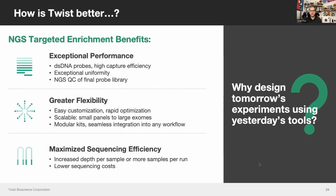One of the biggest things that I didn't mention across my presentation is that we strive for exceptional uniformity. We want to ensure that your captures, however we go about designing, whatever the custom it is, are going to be pretty uniform whenever you sequence it, which helps save you money on sequencing costs if you don't have to deal with over or under sequencing specific regions. And one of the other biggest things is we NGS QC all our final probe libraries, such that we ensure that our balancing of our probes and the sequences are exactly what we expected them to be before we provide you the probes, so that you're not getting any issues